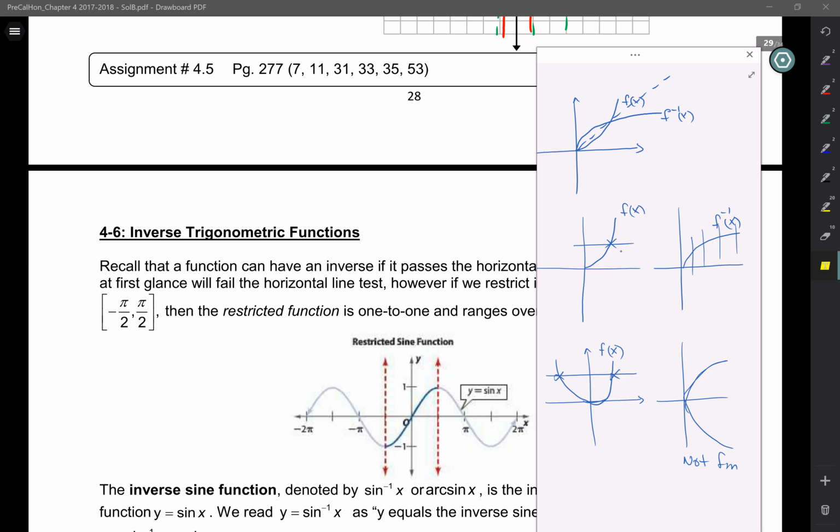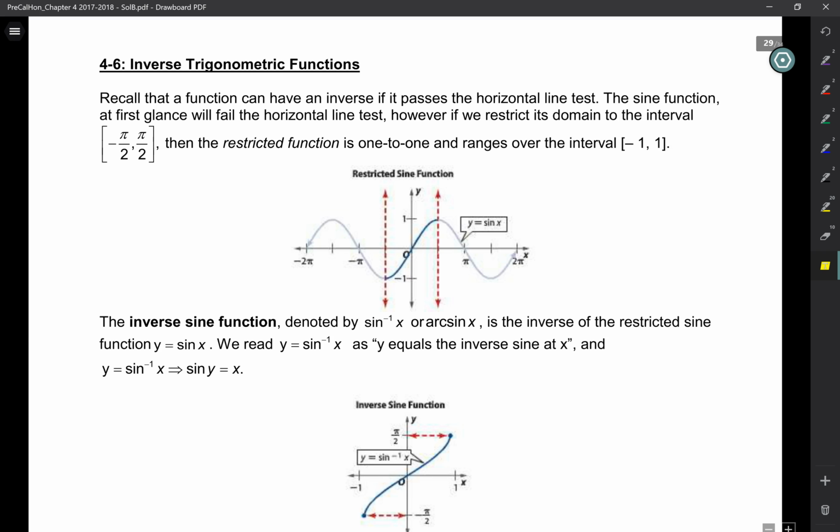Now, let's carry that over to trig functions. Clearly, sine of x, that wave, does not pass the horizontal line test, okay? Because a horizontal line will cross it an infinite number of times. So does that mean we're just going to call it a day and say we can't do any inverse trig functions? Well, no. What we're going to do is modify the region where we're looking at the sine of x graph, and take a sample that does pass the